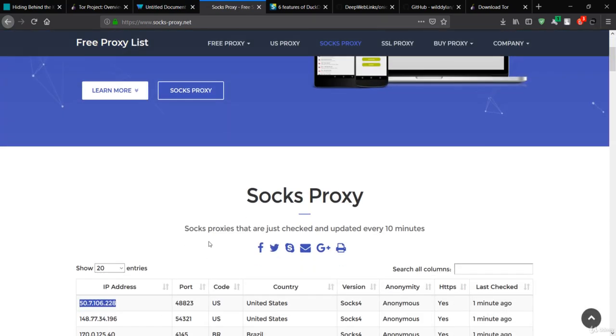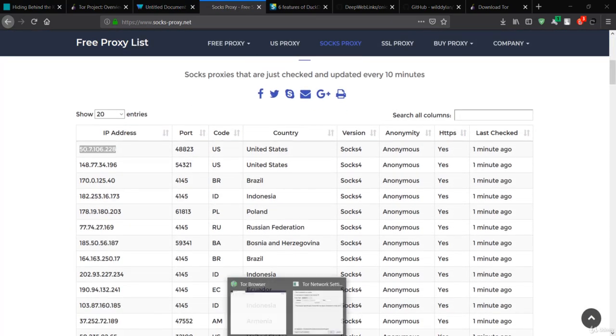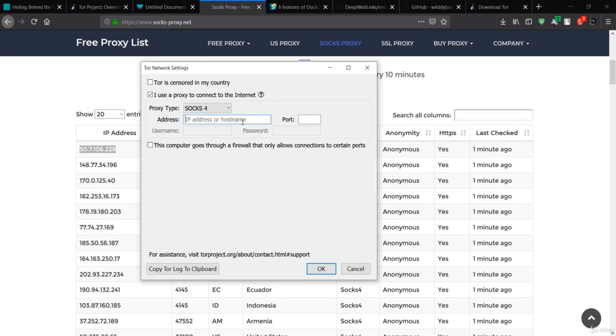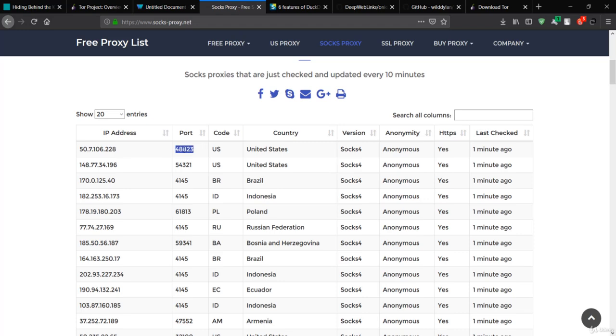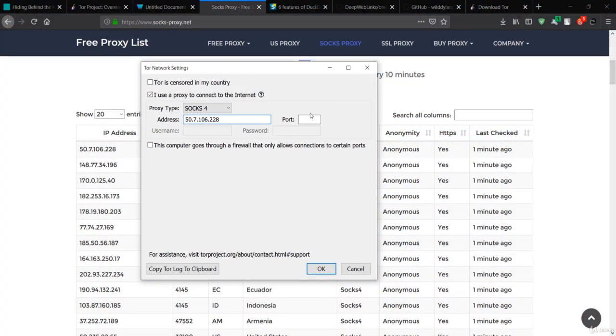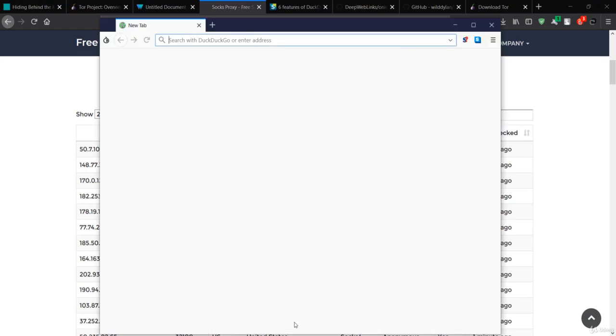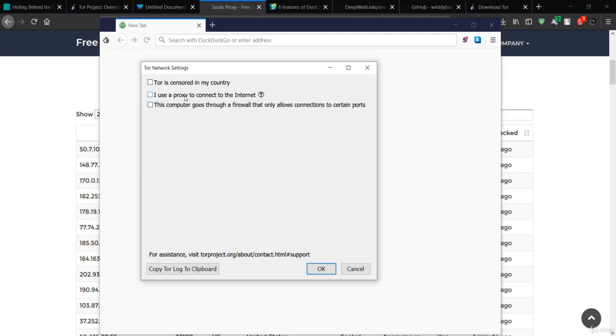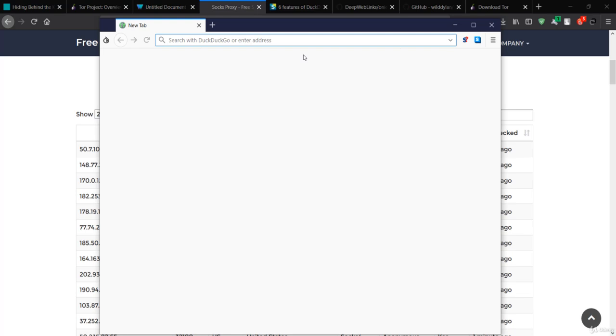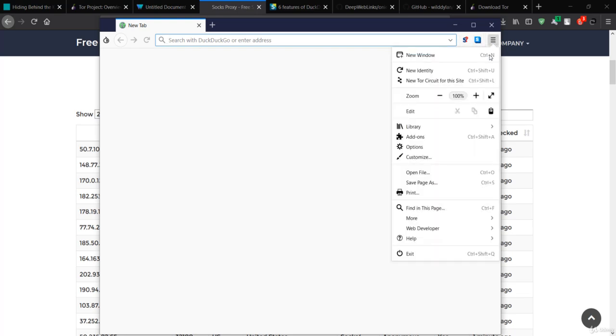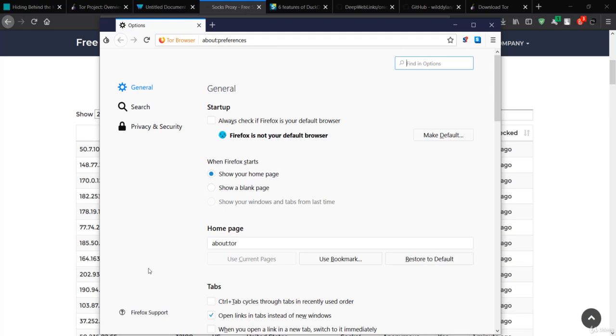If you want to buy a proxy, it will be faster than this, but just to give you the example over here, you can simply add the IP address, you can get the port of that IP address from here, and the username and the password over here are optional. After that, you just click OK over here to run your SOCKS, and basically now we have successfully added that proxy to this Tor. But I won't be adding it. So you could see how easy it is to add a proxy to the Tor browser.